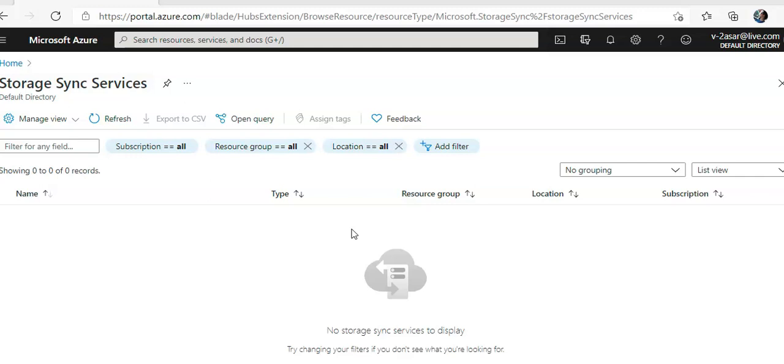There are some system requirements. The operating system for the Windows Server that is taking part in the Azure file sync should be at least Windows Server 2012 R2, Windows Server 2016, 2019, or a standard edition in full or core deployments. It should have a minimum of 2 gigs of RAM. It should have the latest patches installed. It should have an NTFS volume attached, and any external storage connected by USB is not supported.